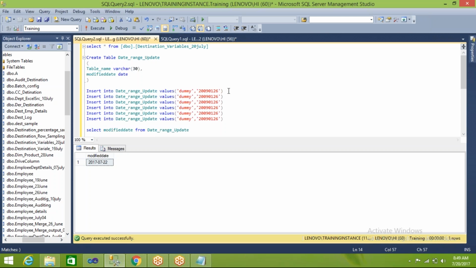Okay, likewise you can write the 10 insert statements, and you can change the table name: dummy1, dummy2, dummy3, dummy4, dummy5, something like that. You can write the statements. For some of the tables, the starting date might be this, and for some, the starting date might be something different. So likewise you can specify the